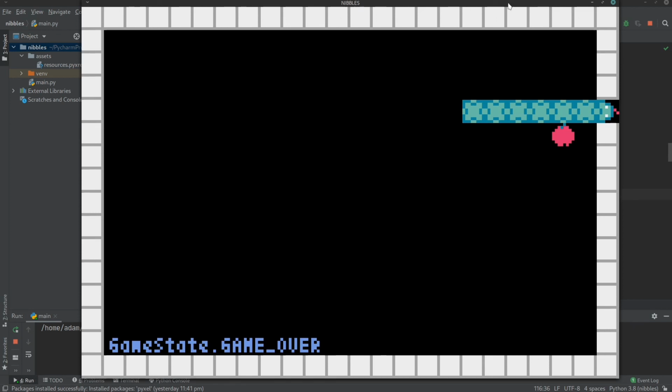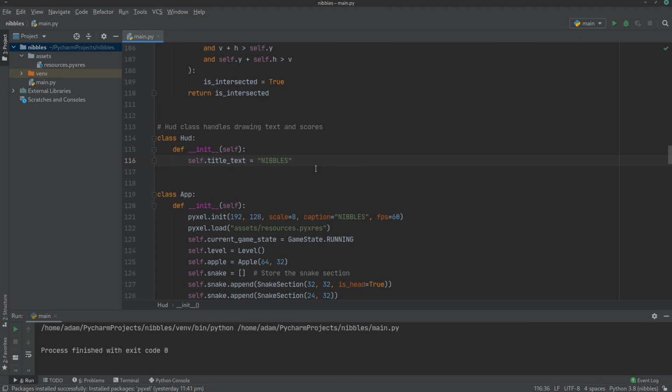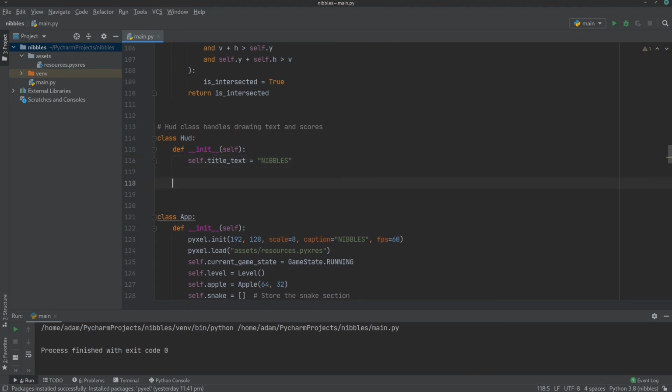And to calculate all of that, we're going to use some functions. And I think we can just put the functions inside the HUD because we don't need them anywhere else. So we want a helper function for calculating the start X value for centered text,